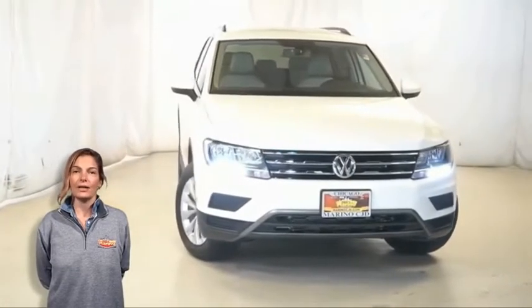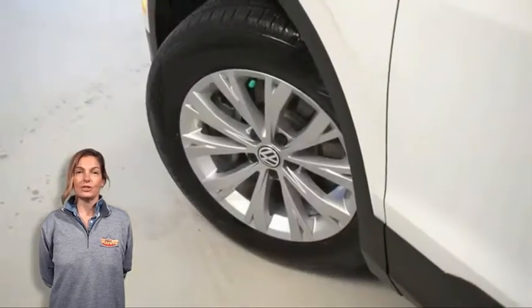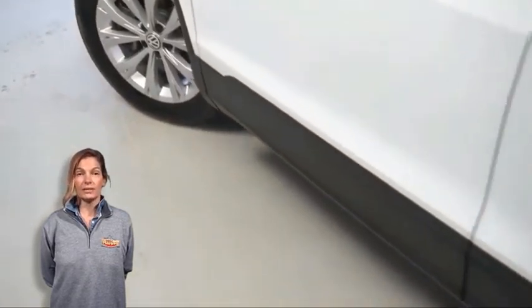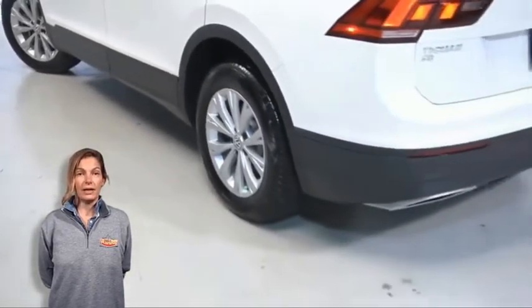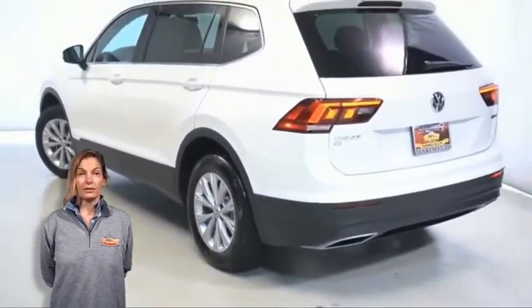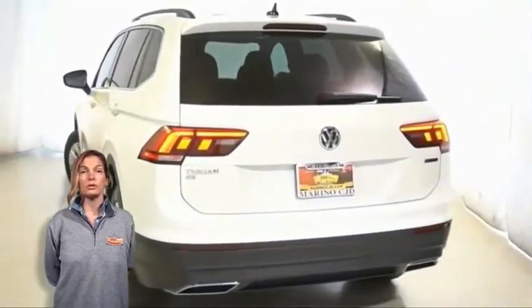Are you looking for a highly equipped compact SUV with all the right options and reliability? We'll take a look at this 2019 Volkswagen Tiguan in pure white. With fully automatic headlamps, roof rack, 17-inch aluminum wheels, power heated mirrors, sport spoiler, rear window wiper and washer, heated